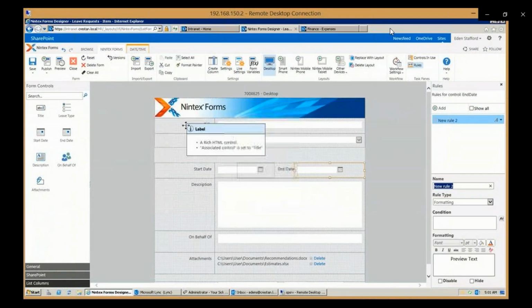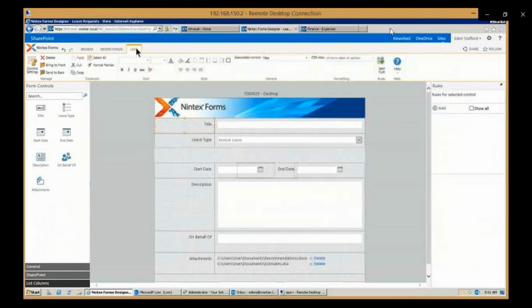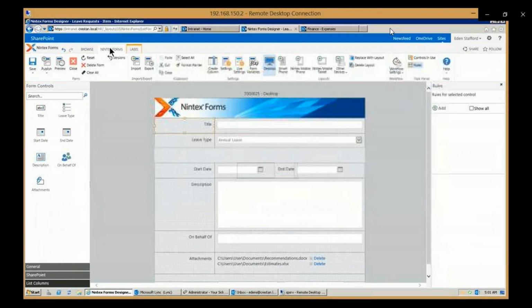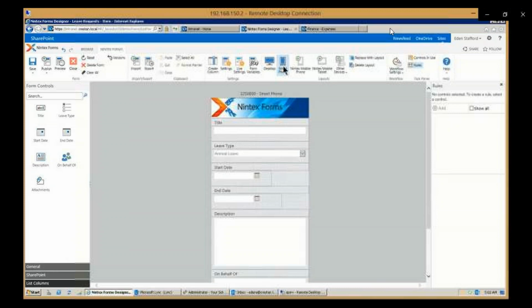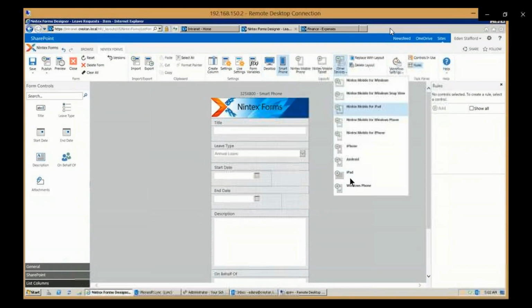Furthermore, one of the other things you can get into is every time you select each of these items, you get this tab that allows you to configure that particular selection. But the other thing is that you can also target mobile devices. So I'm going to select smartphone as a targeted device, and now you'll see the view for smartphones. So we can do Nintex mobile phone, mobile tablet, or even get into other specific devices. So very, very much a configurable interface right here.